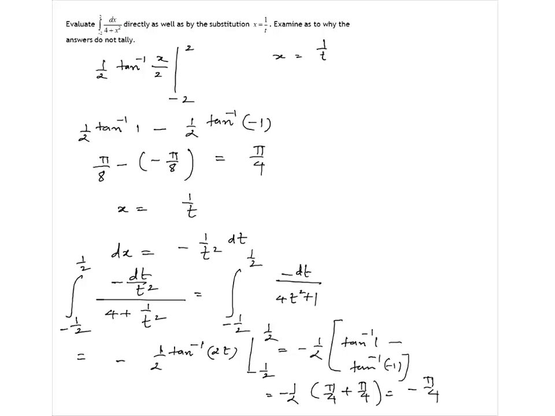Zero is there within the interval of substitution. 0 is there,